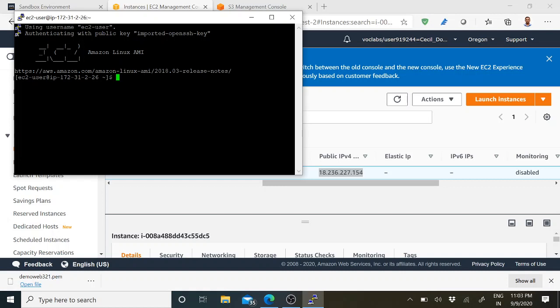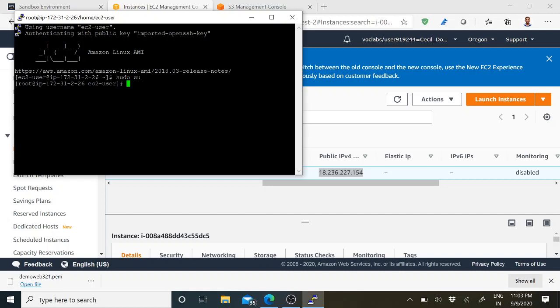Now the third step is we have to run a few commands. I'll tell you one by one. The first step is you have to switch to the root user. For that, we use the command sudo su, and press Enter. Now you can see that the user has changed to root at the IP address. Earlier it showed ec2-user.